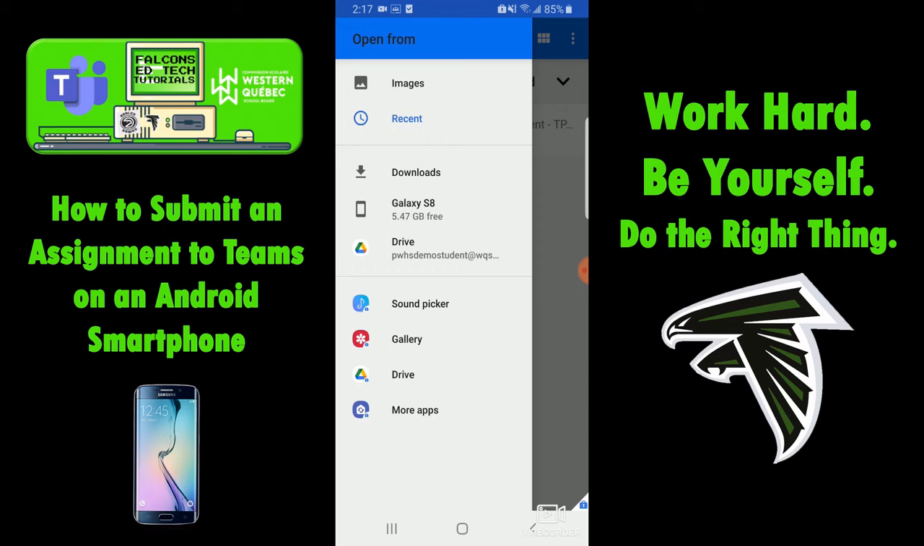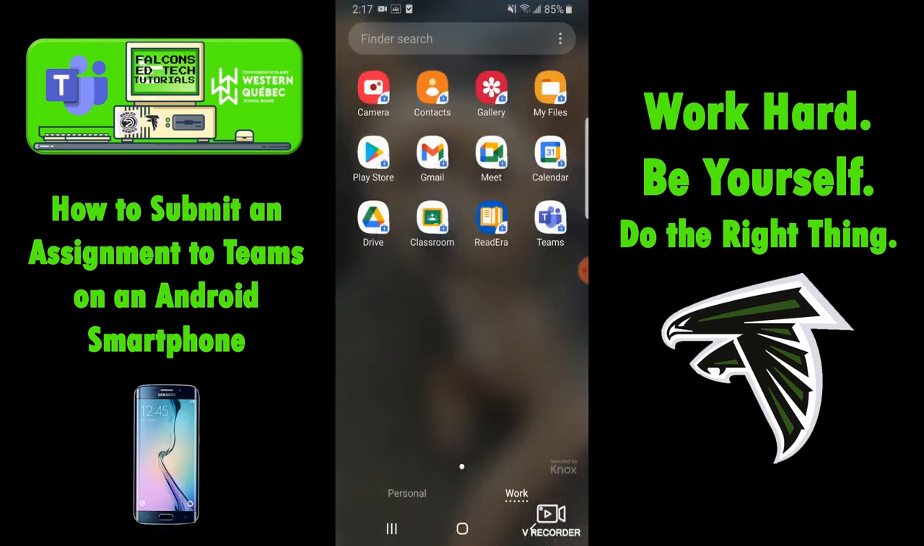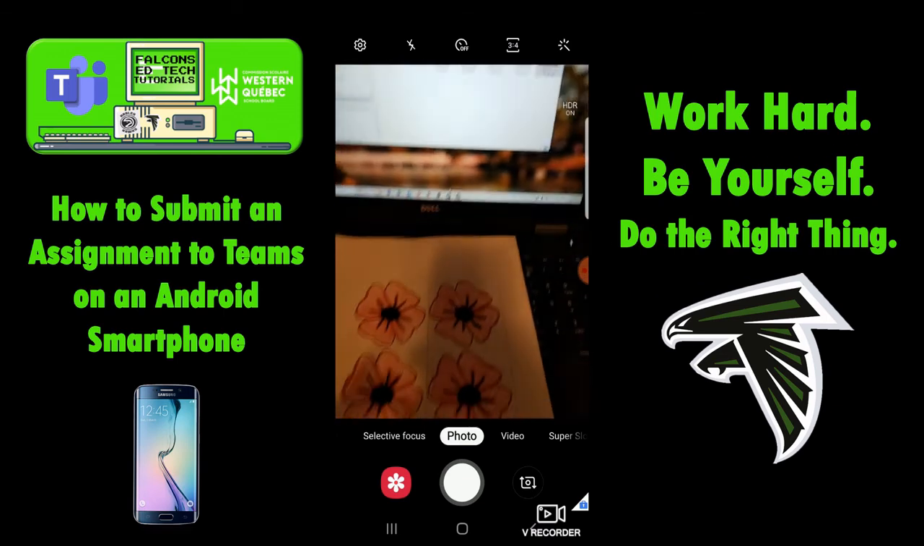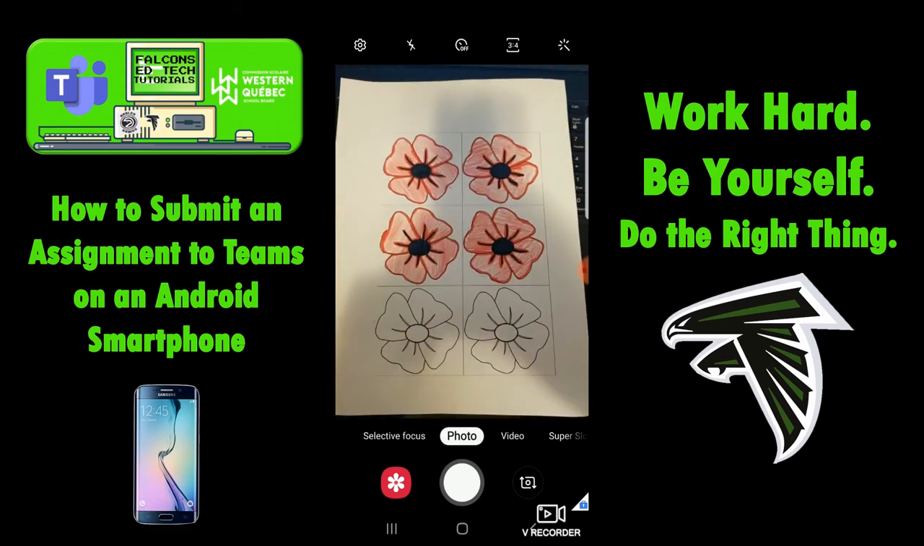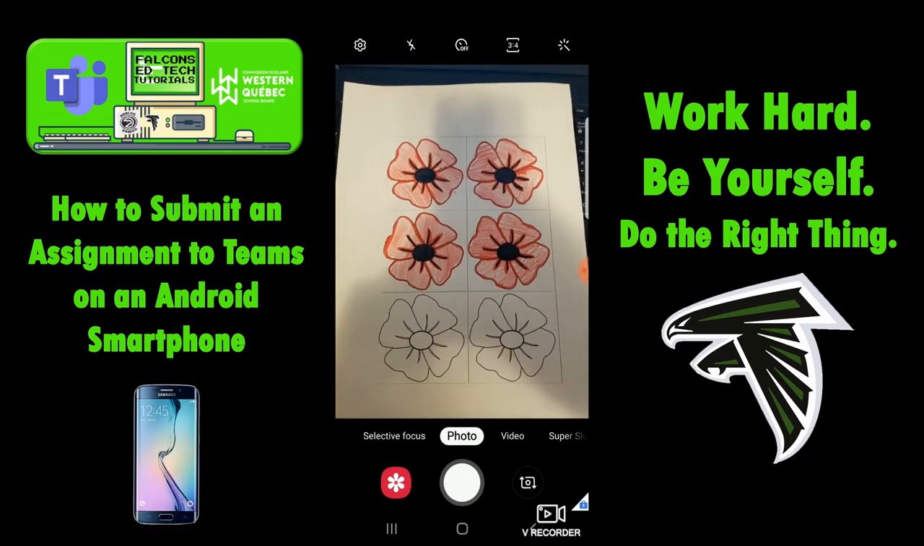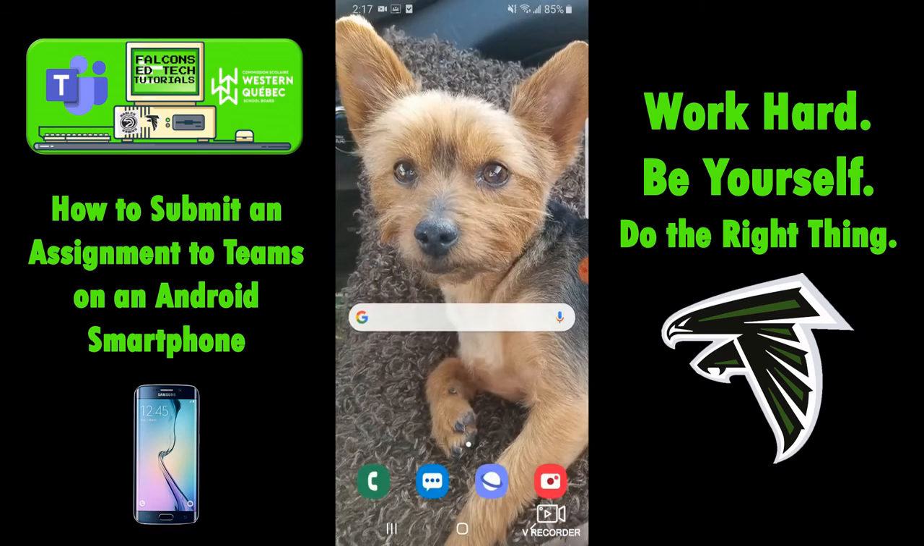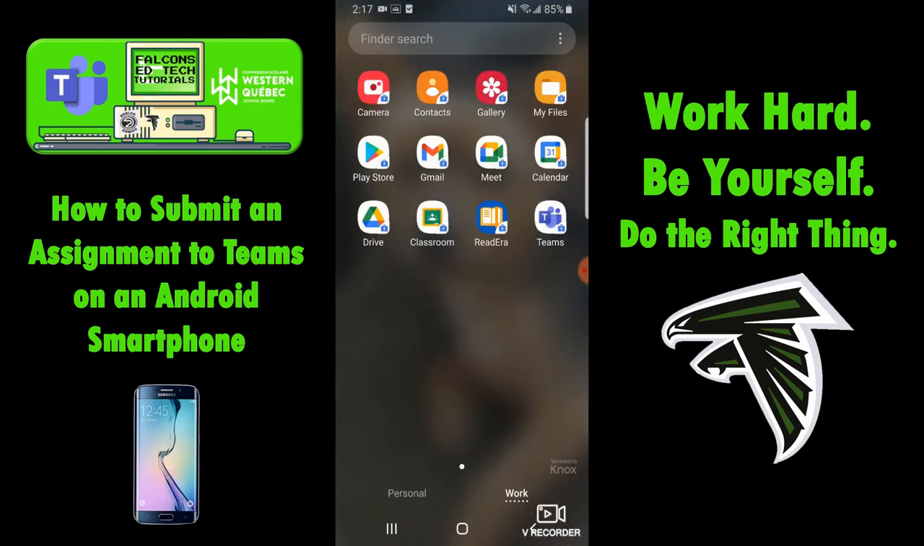And I've seen some students been able to take photos directly from their phone. But if you can't do that, you simply just need to get out of the app for a second and then go into your work camera. All right, and then simply again, we're going to take another lovely photo of this work. Boom, there you go. Get out of this one, back to your Teams,